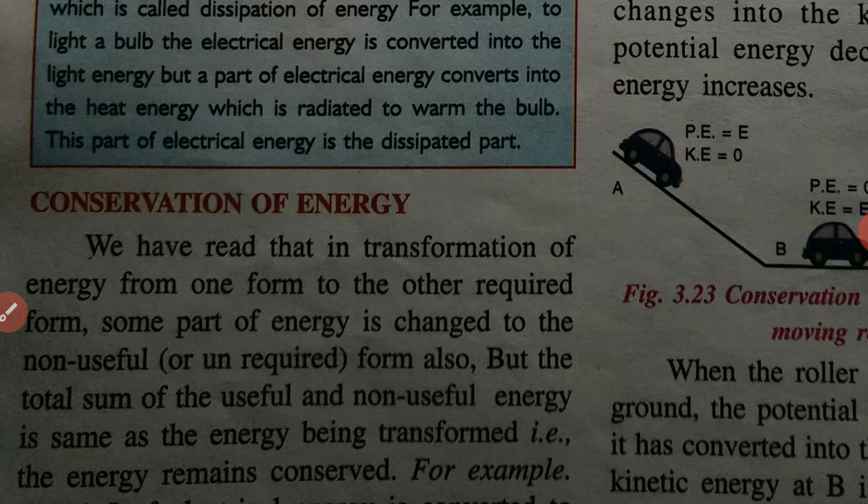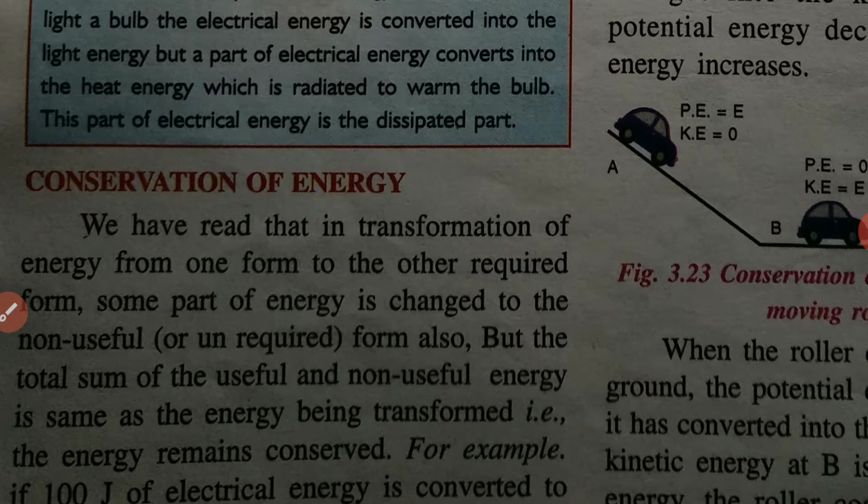to the other, like for example light to heat or heat to light, chemical to light, etc. Suppose I want to convert electric energy into light energy, the required form, some part of energy is changed into a non-useful or unrequired form also. For example, suppose you are lighting a bulb, you are converting electric energy into light energy, but unwanted heat energy